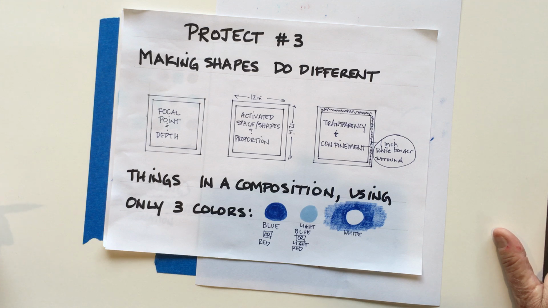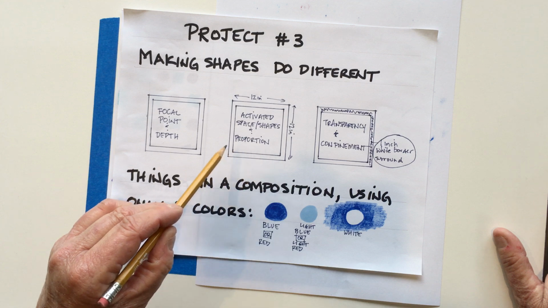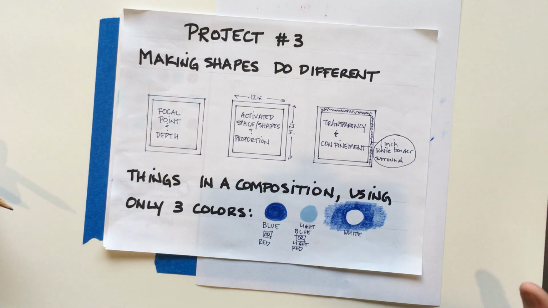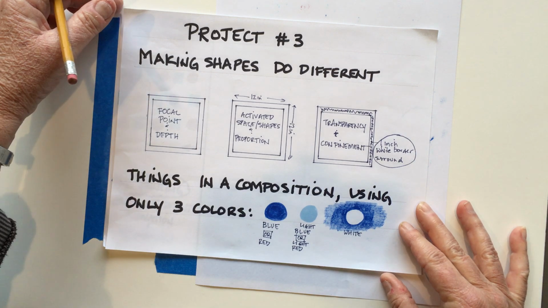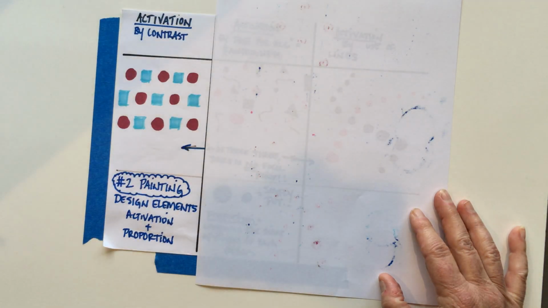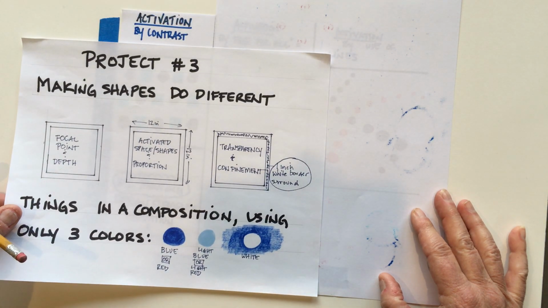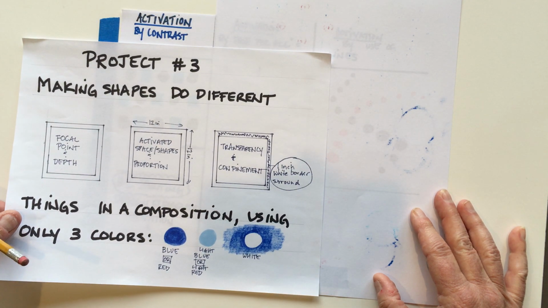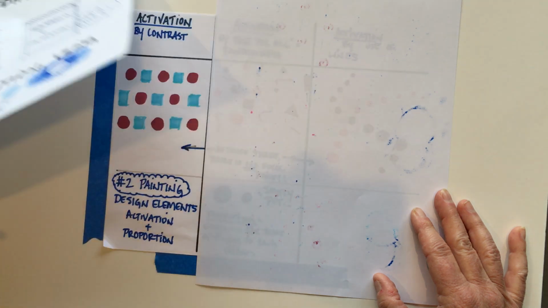And the second aspect or design element I'm going to be talking about is proportion. And very simply, all you need to think about is the fact that you are comparing the size of 2 shapes. So having said that, when we're going to activate the space or make our eye move all around, we